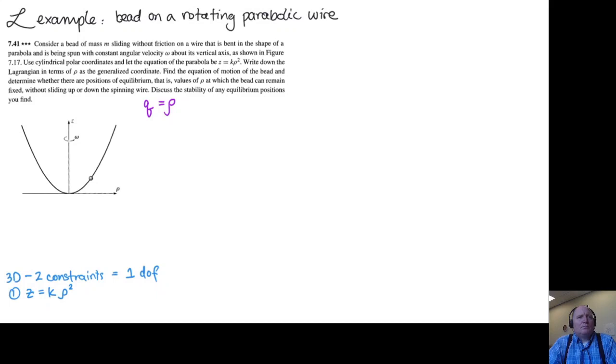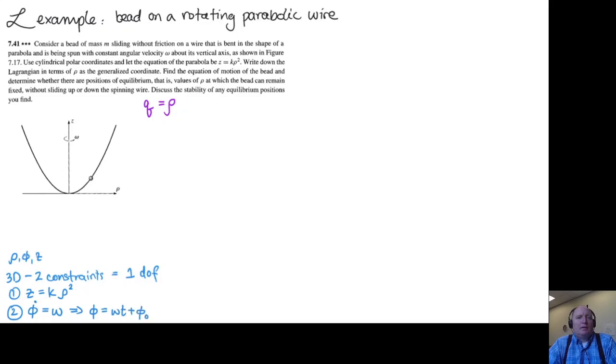The other piece of information is, if you think about cylindrical polar coordinates, there are three coordinates: rho, phi, and z. So now we see that z is not independent of rho, but also we are not free to choose our angle phi. Phi is fixed such that phi dot is this constant omega, which is a mathematical way of doing what I was doing. Phi is growing linearly in time,